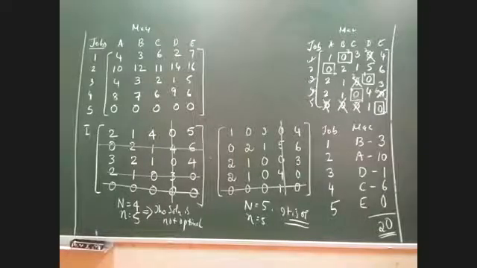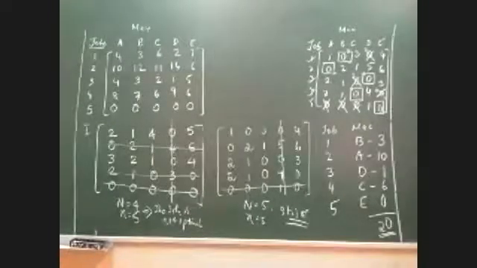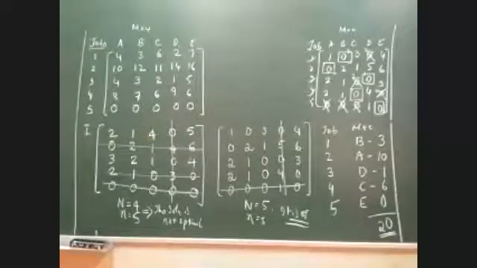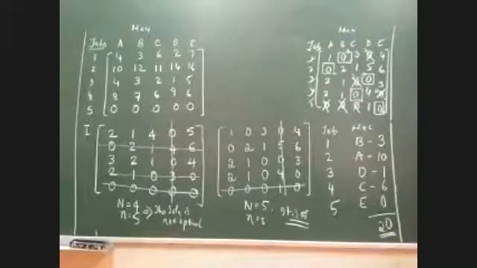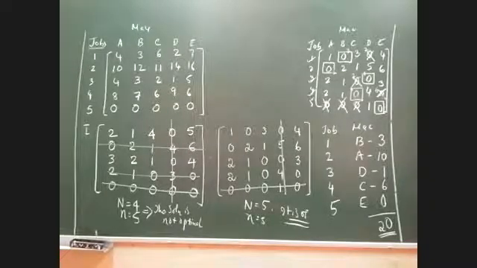Here I wanted to tell you one very important factor. Sometimes even in the maximization case problem, they might give you an unbalanced problem. It is not necessary that an unbalanced problem should be there only for the minimization case. Even in the maximization case, you might get an unbalanced problem. When you get an unbalanced problem, what are we supposed to do? Please remember one thing very clearly. You should convert a maximization problem to a minimization problem only after balancing the problem.